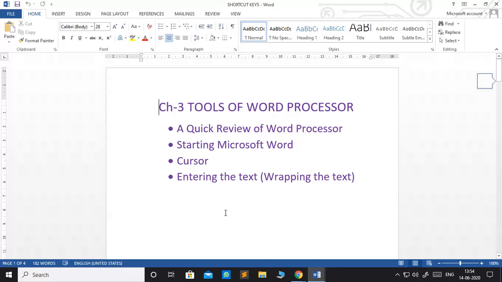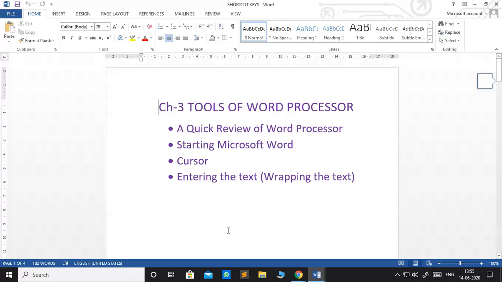Any document which you have saved for your future use, how you open that previous file. So we will learn through the file tab also, and we will also learn the shortcut keys for those things.